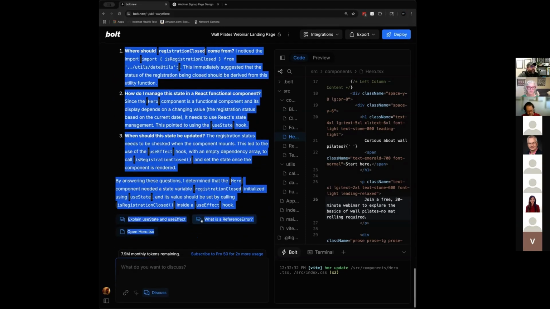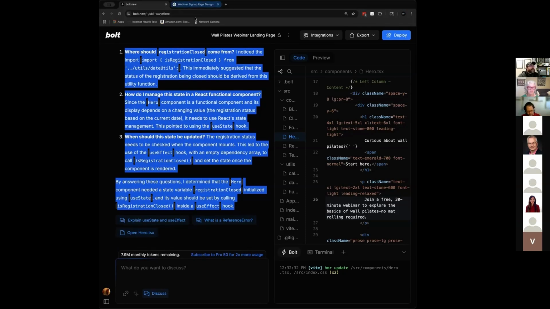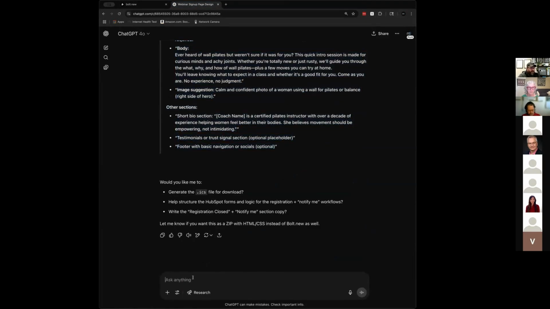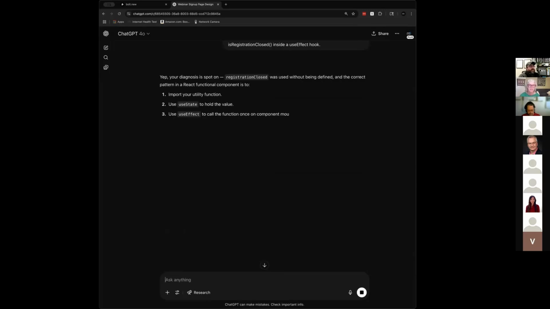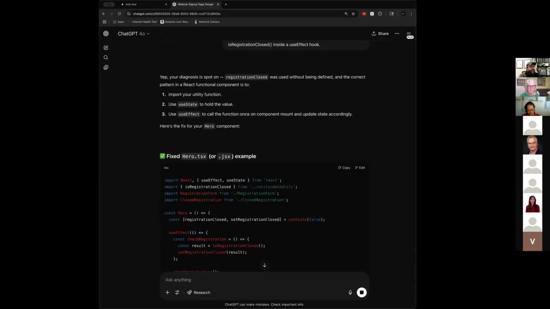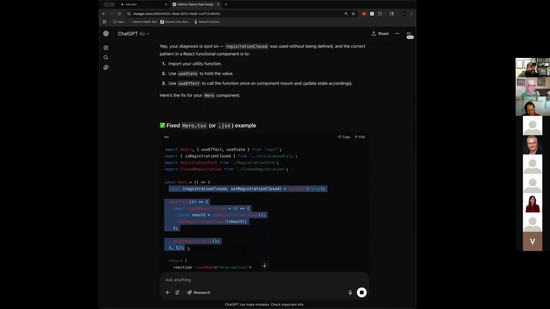I'm gonna just grab this, go over to ChatGPT. I might even just keep this conversation going. Hey, in Bolt, I had an issue. It described it below. Can you help? Paste, go. And then it puts it in plain English. And look, this is the code that got replaced that I deleted. For this call, we set up this situation, but I literally randomly highlighted and deleted code for the example, and it picked it up and fixed it right away.